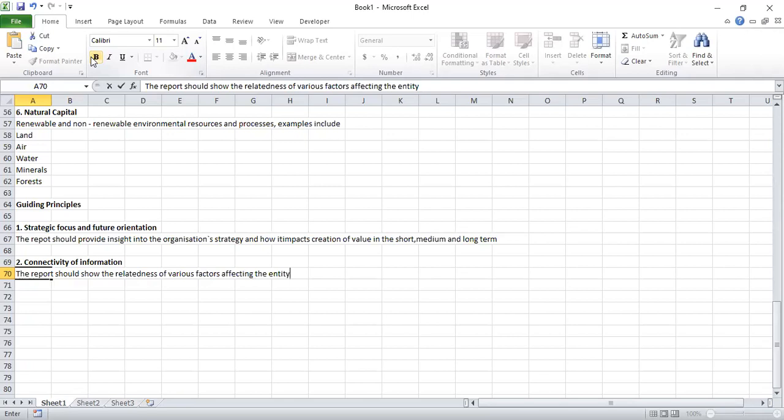So we should be able to give clarity on the various elements that we have. So it should show connectivity between the following: